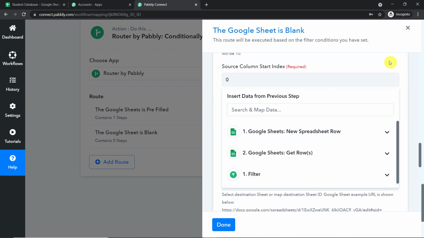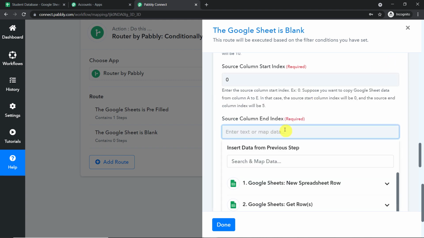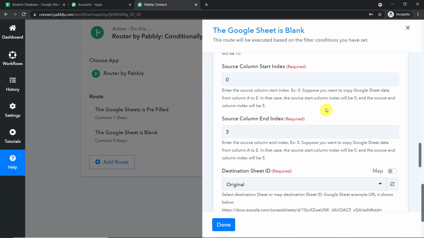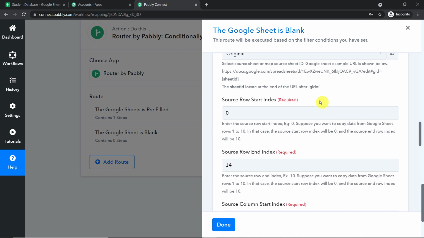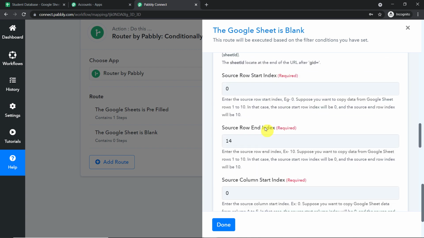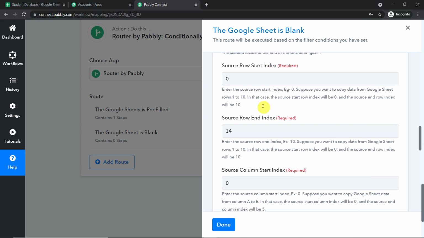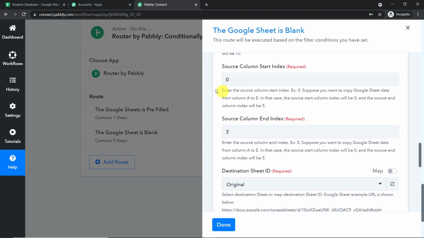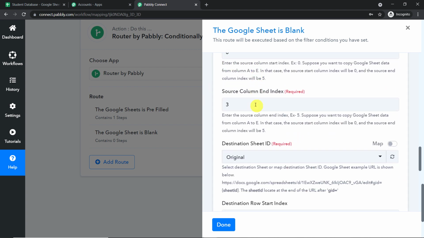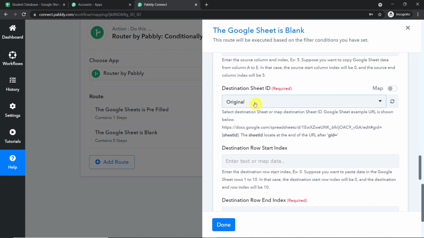Okay, so this was the first sheet, that is the original sheet. So we will be sending the data from row 0 to the 14th row, and the column is 0 to the source end column, that is the third column. Excellent.